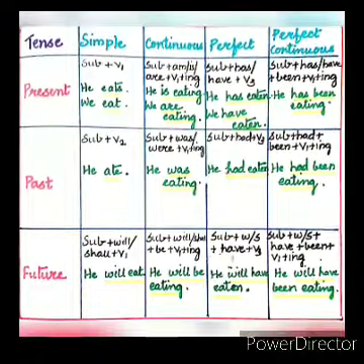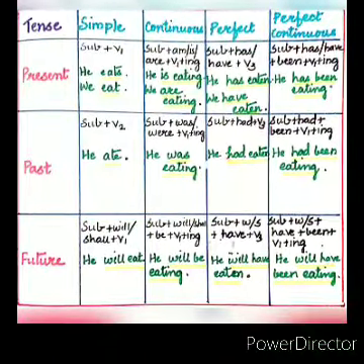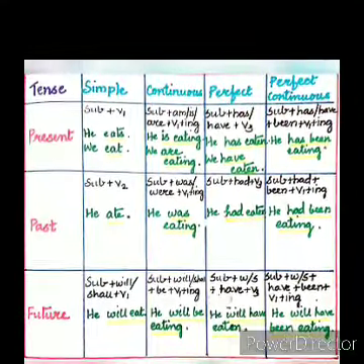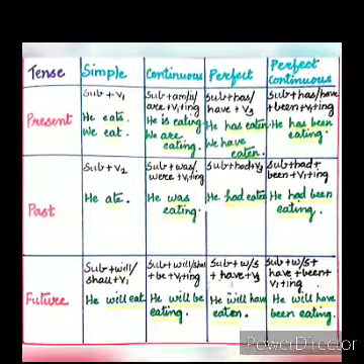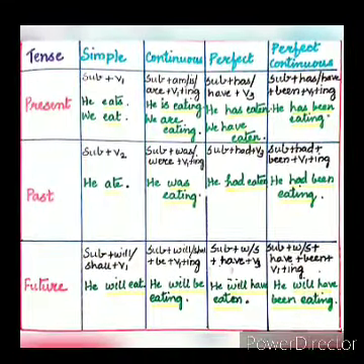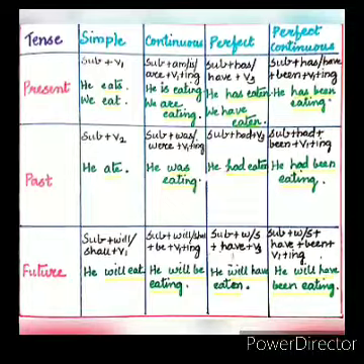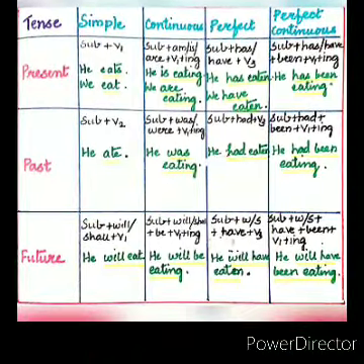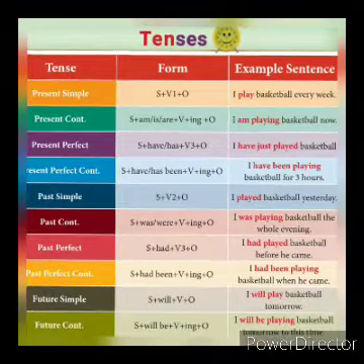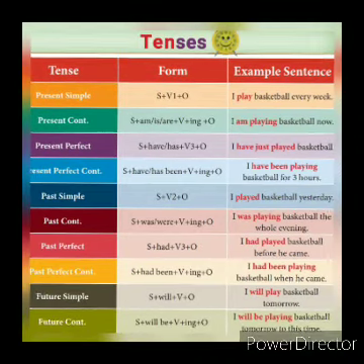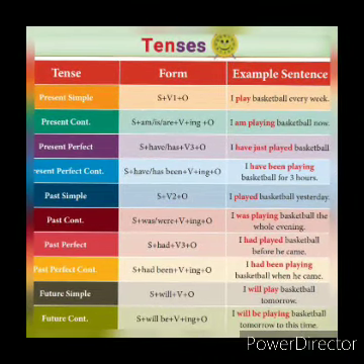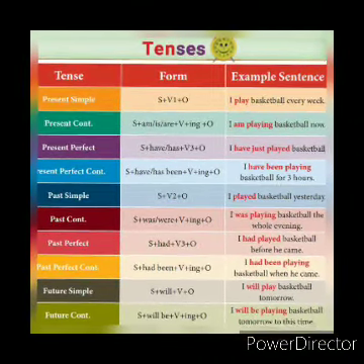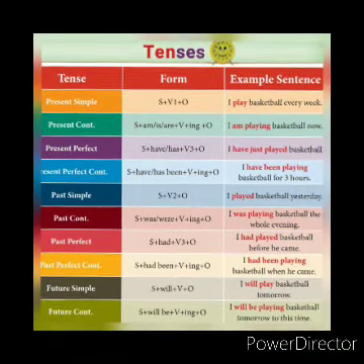You have to copy down this chart in your note. The verbs are highlighted so that you can easily understand that. Next, the same page is in your book. You can go through it and you can see how the 12 tenses are formed.